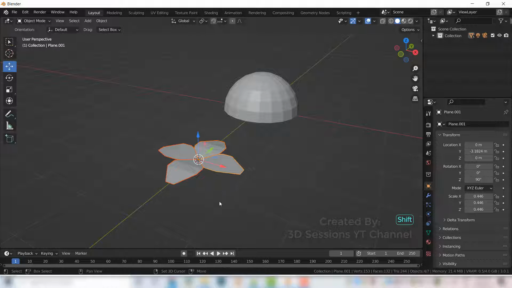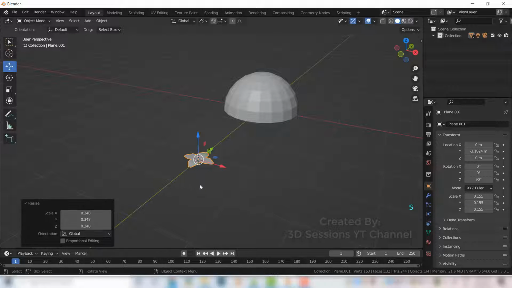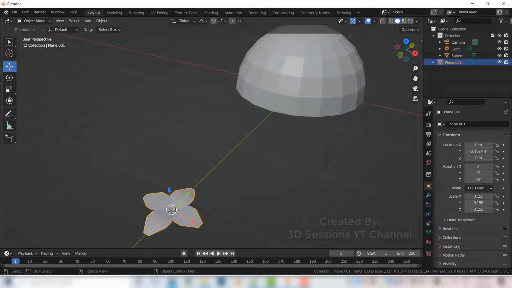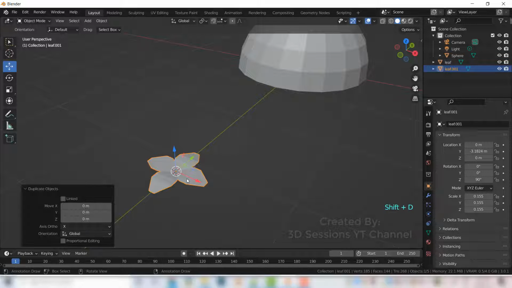Select all and Ctrl J to join them. Scale down. Give a name as leaf. Now we'll copy this one, Shift D,